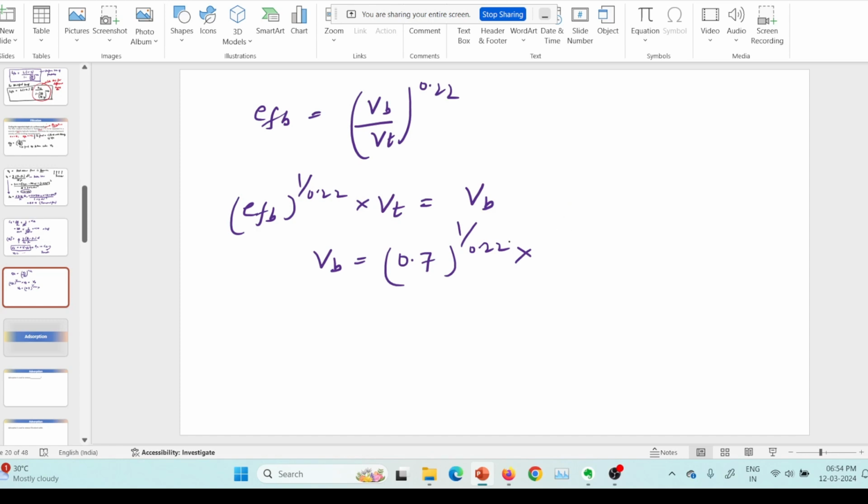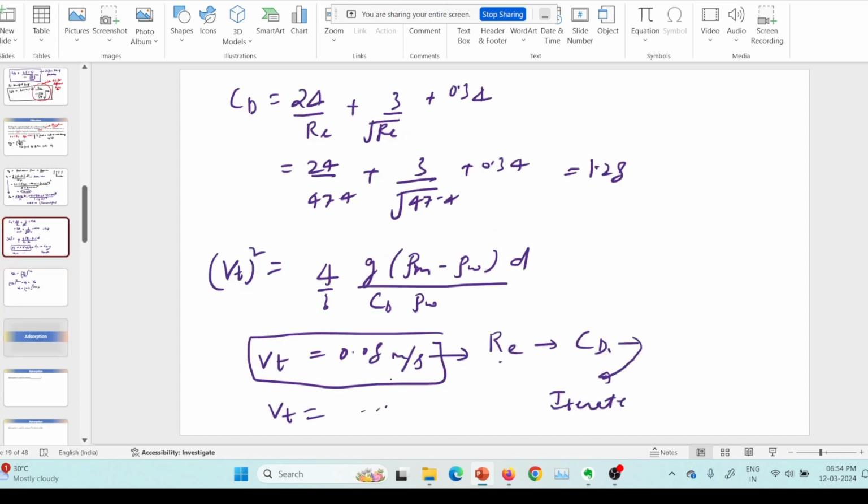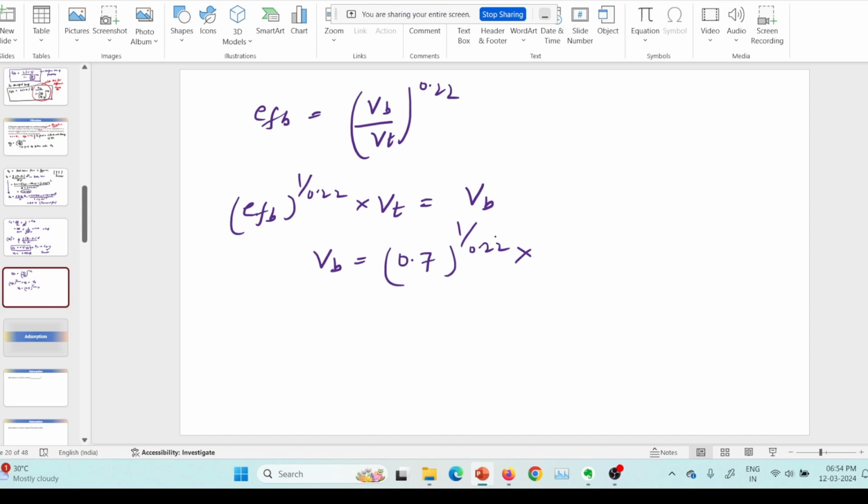Vt we calculated. So on solving we will get 0.07 meter per second. So we'll get Vb as, we need to solve this, so we'll solve this, and then